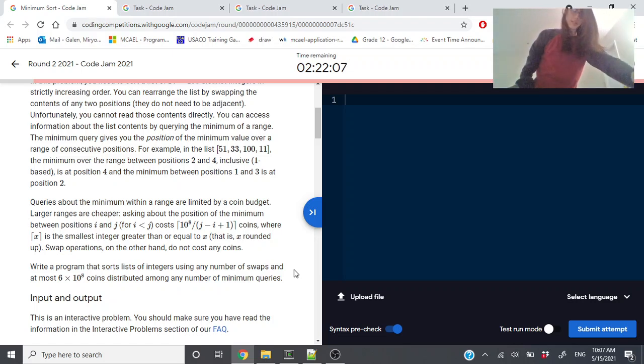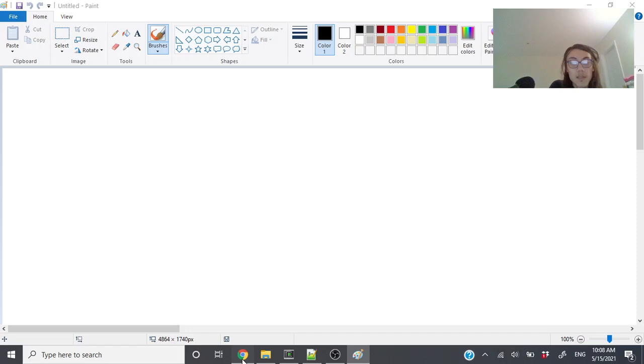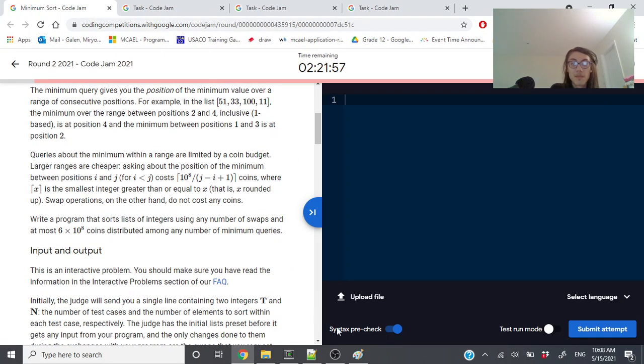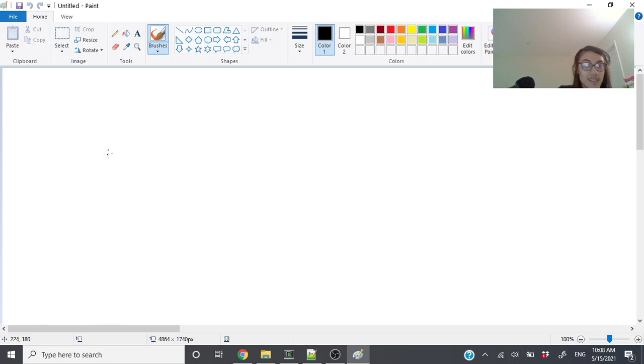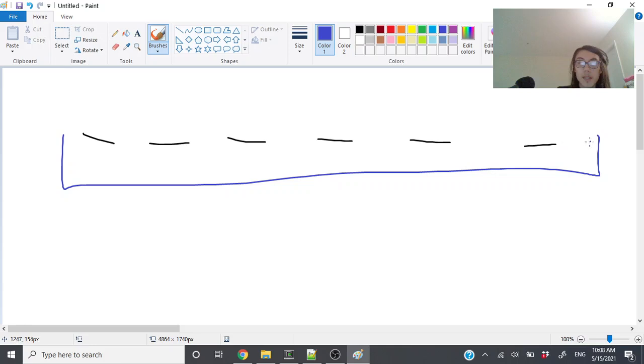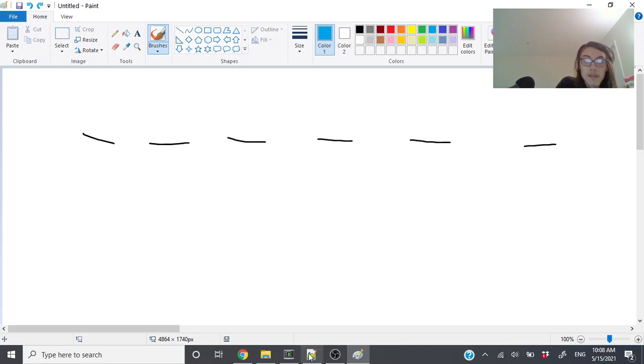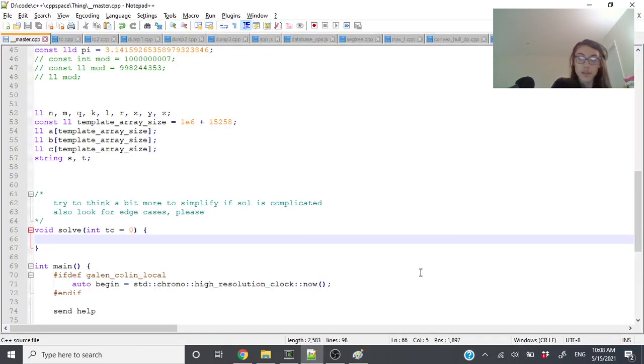Okay, this is good. Right. So how does this problem work? Did they make this in the right order? Okay. So for example, the naive thing would just be to do this, and then we move the minimum over here, and then we do this, and we move the minimum over here, and so on. I'm pretty sure that's too much. So for example,